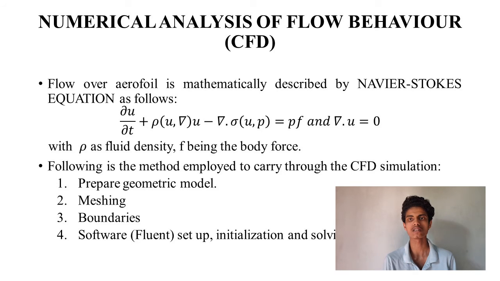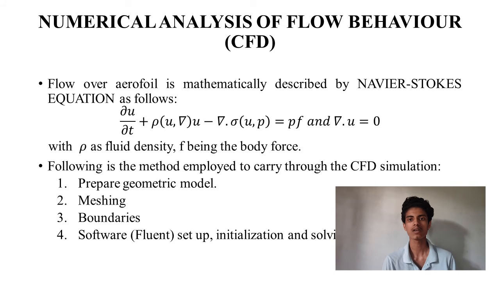The NACA 4-digit wing section defines the profile by the first digit providing maximum camber, which is a percentage of total chord length. The second digit provides the distance of maximum camber from the leading edge in tens of percentage of chord. The last two digits describe maximum thickness of the aerofoil as a percentage of chord. For instance, the NACA 2412 aerofoil has the largest camber of 2%. Its position is 40% of the chord from the leading edge, and its maximum thickness is 12% with respect to the chord.